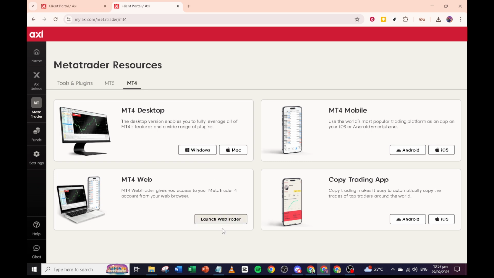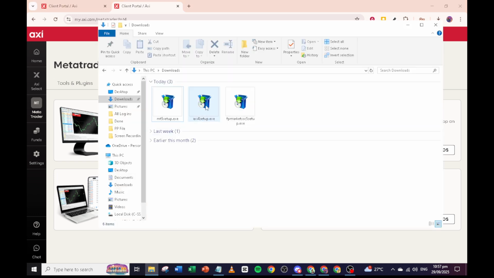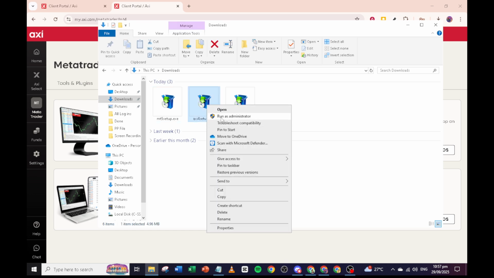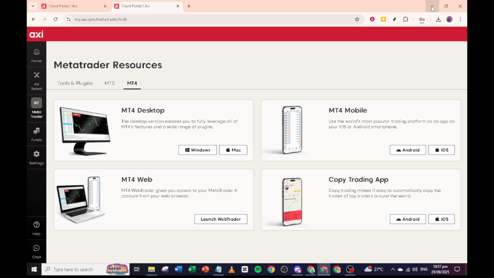After the download is complete, navigate to your Downloads folder. There, you'll find the installation file. Go ahead and double-click on it to run the installation process. At this point, your system might prompt you to allow this app to make changes to your device. This is a standard security check, so it's okay to allow the changes.